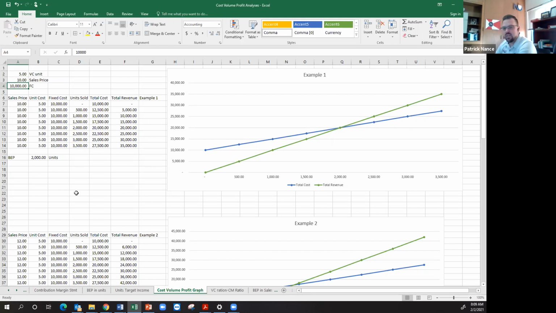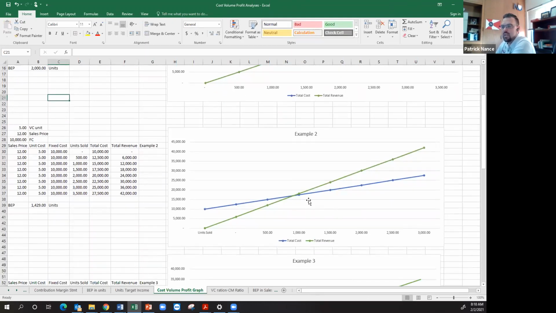Now what happens if I shift my sales price? If everything else stays the same, all those 3 things the same except I'm going to make my sales price $12 now, what's that going to do? Well, we would anticipate it making my break-even point lower, which makes sense. I'm making more money per unit. And it is. See, they cross